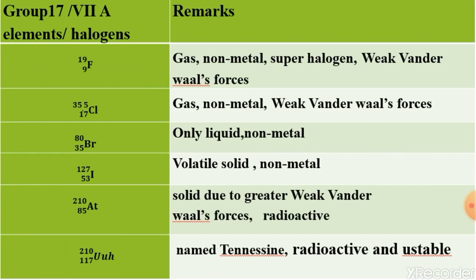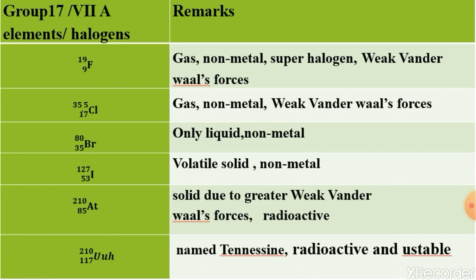So these are some points about iodine. Iodine also came from the word iodes, which means violet color, hence named as iodine. So these are some points about the iodine.